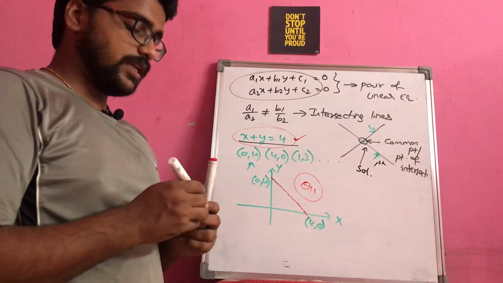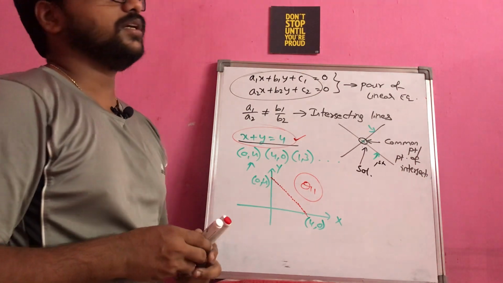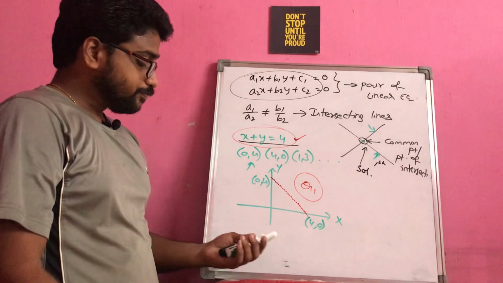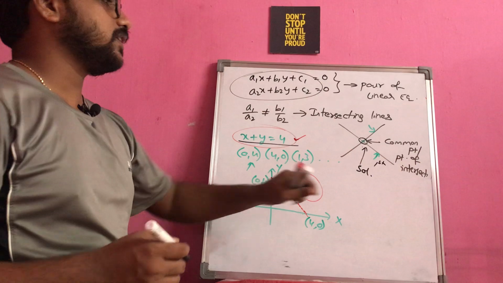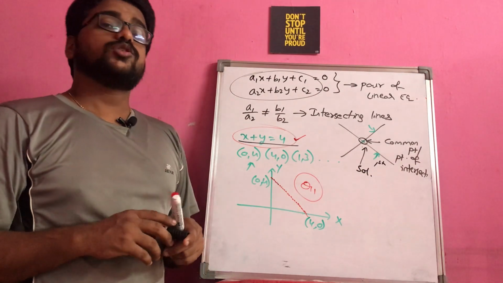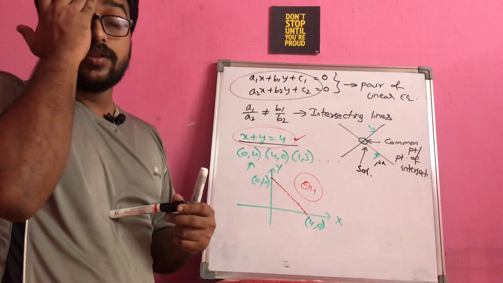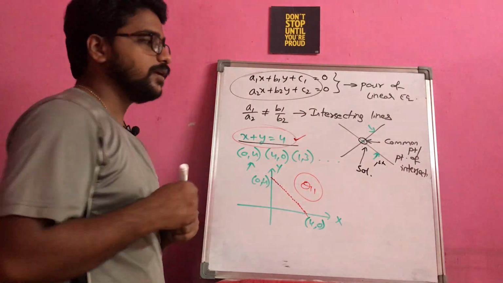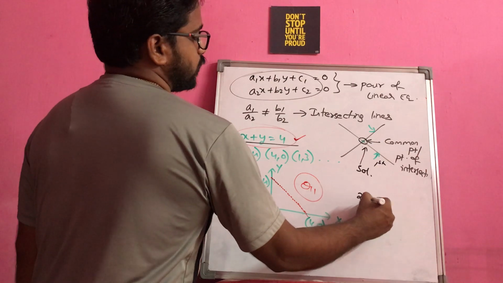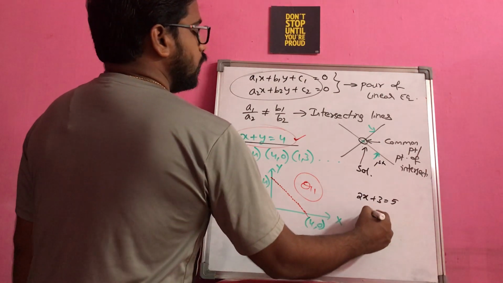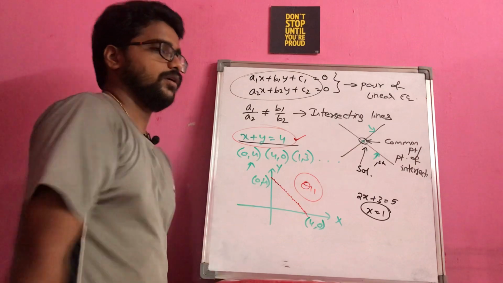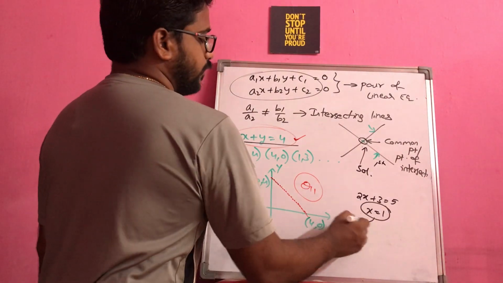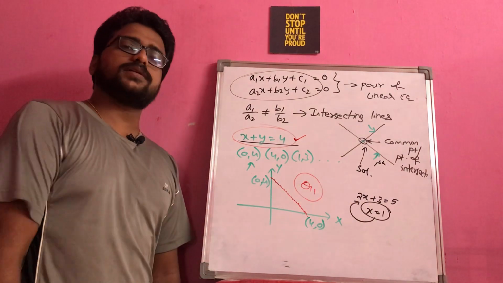As we already discussed in the last class, if you have a solution, then it is called a consistent system of equations. The one point we have to understand here is that this represents a solution of the given equation. Again, how do we say that it is a solution? Simple thing. For example, if I have the equation 2x plus 3 is equal to 5, you will say the answer is x is equal to 1. On what basis are you saying x is equal to 1? Because if you resubstitute here, the equation will be satisfied.